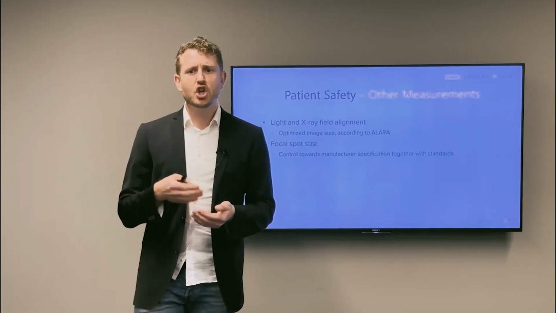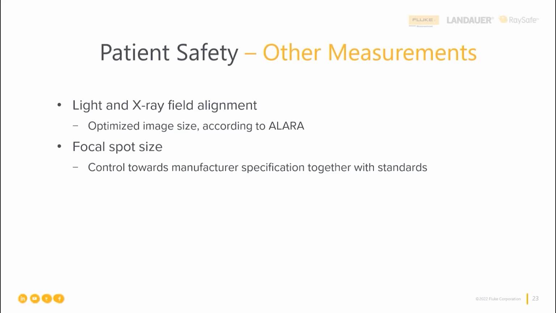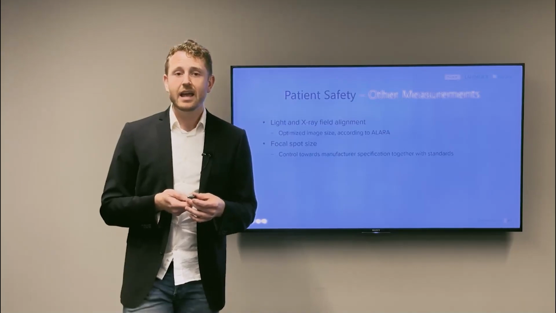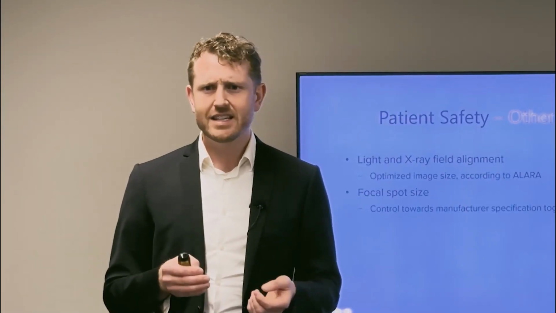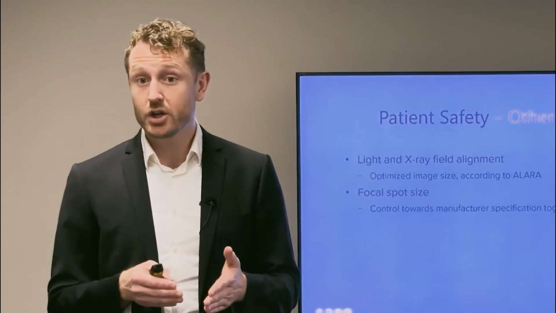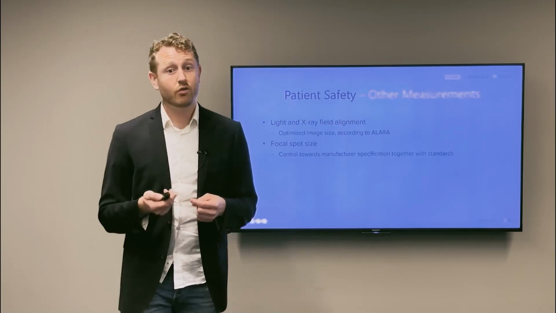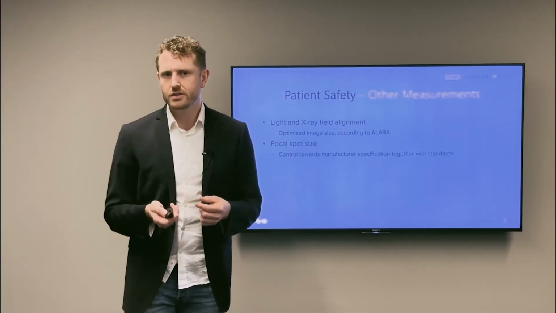Other types of measurements not fully relying on the beam quality is the light and X-ray field alignment. If the machine has received a blow or such, the light bulb, which generates the light field, may be out of place. The operator should always try to make as small a picture as possible to increase image quality and minimize patient dose. If the field is misaligned, there is a chance that the operator takes a too small image, leaving out valuable information. If information is left out, a wrong diagnosis may be made or more pictures may need to be taken,